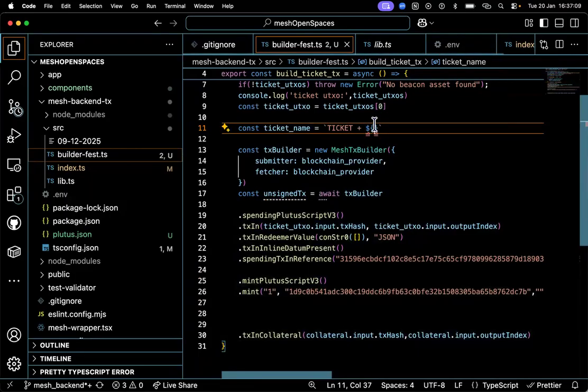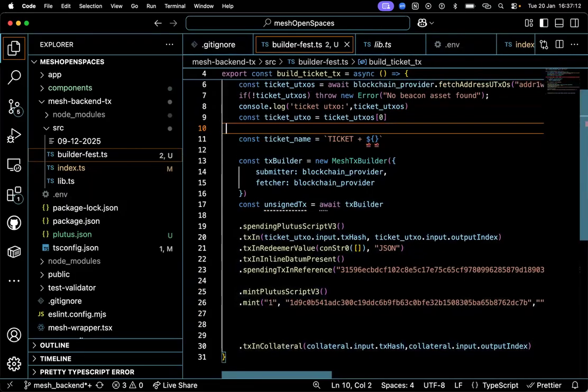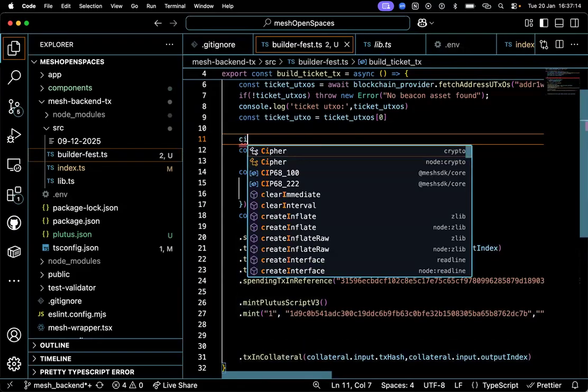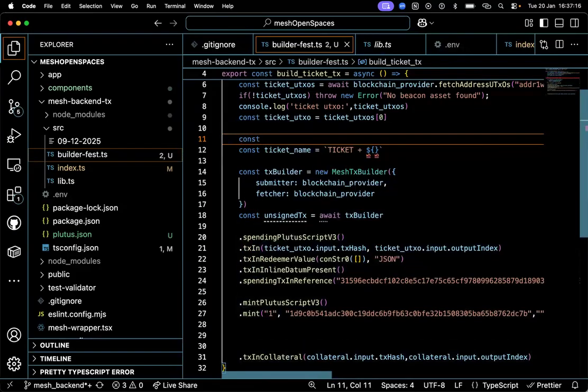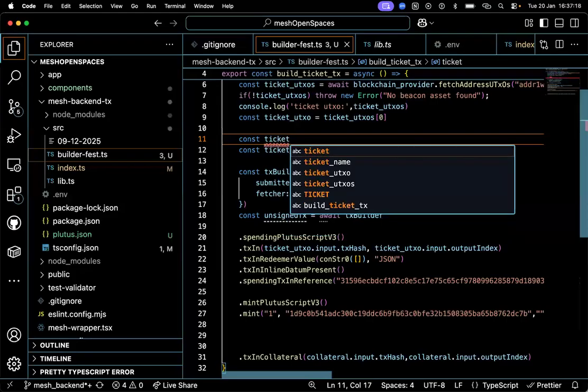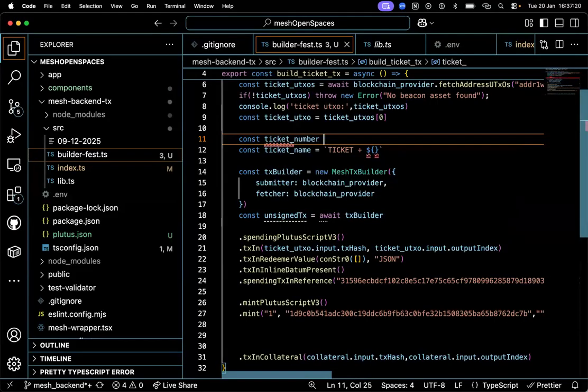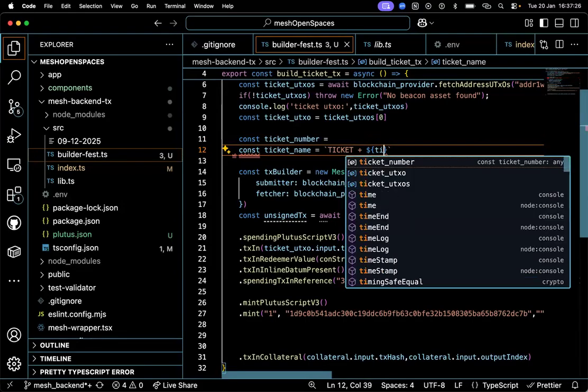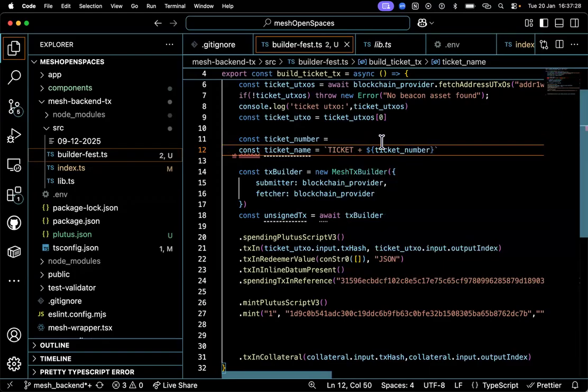I thought the ticket was a constructor. Are they saying we should use the word ticket in there? If you go back to types, is there a type called ticket?